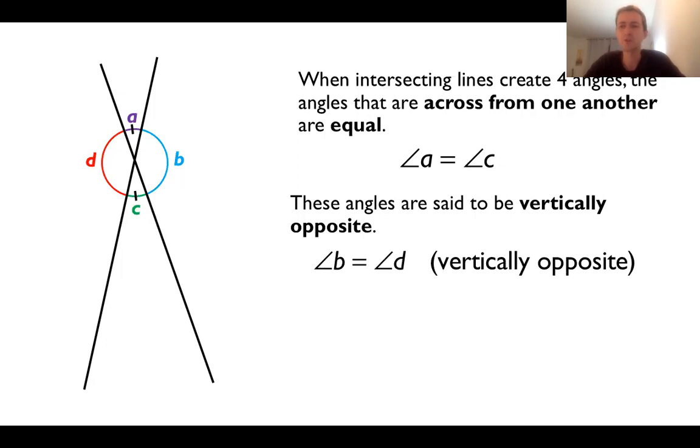So every time I show this, students say, sir, shouldn't we call them horizontally opposite? And I go, well, yeah, but that's just not how it works. There's only one term to remember here. Even if they're left and right, like they are here, they're going to be called vertically opposite, okay? So I don't think of vertical really when I look at angles B and D here, but at least it's just one term to remember. So I'll put two little notches there to show that angles B and D are the same. They are also vertically opposite because they're across from each other.